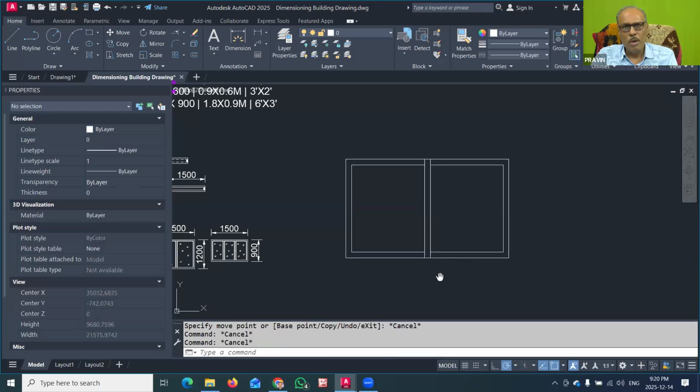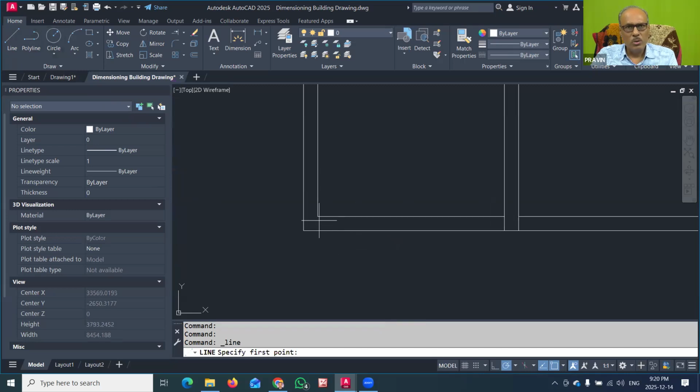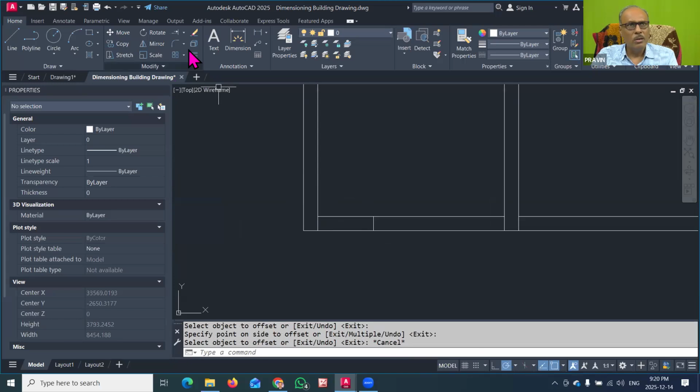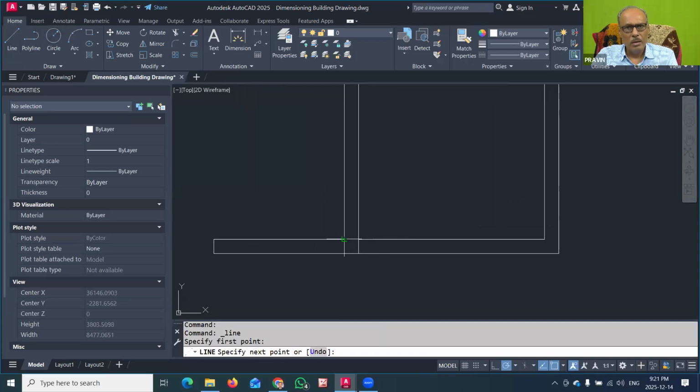So these two rooms I have shown, and then I have to show the door, one from this corner and one at this end. For that, we can join this one. Then we will offset this by 900. So this line I will offset on this side because I want to have a door here, and then I will trim the part. So that is done. Now another door I require here. Again I will join this line, and now I will offset it again by 900, and here 900 on this side, and then trim this part. So these lines will be trimmed here.